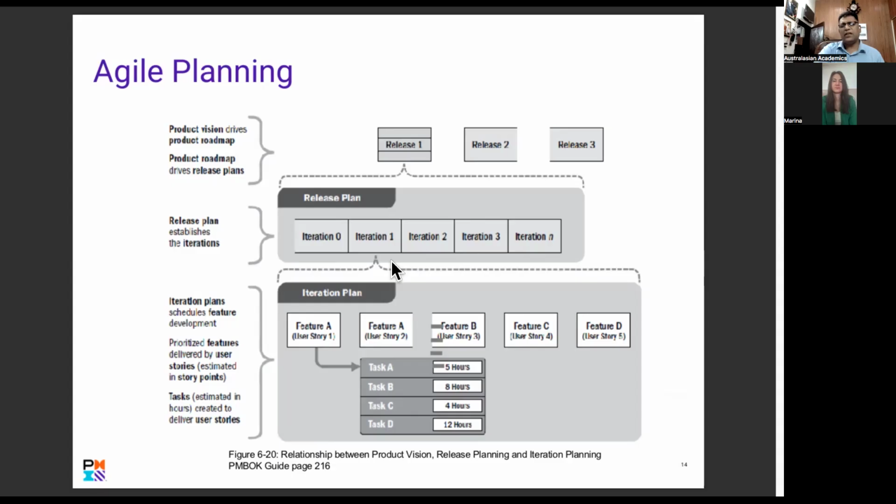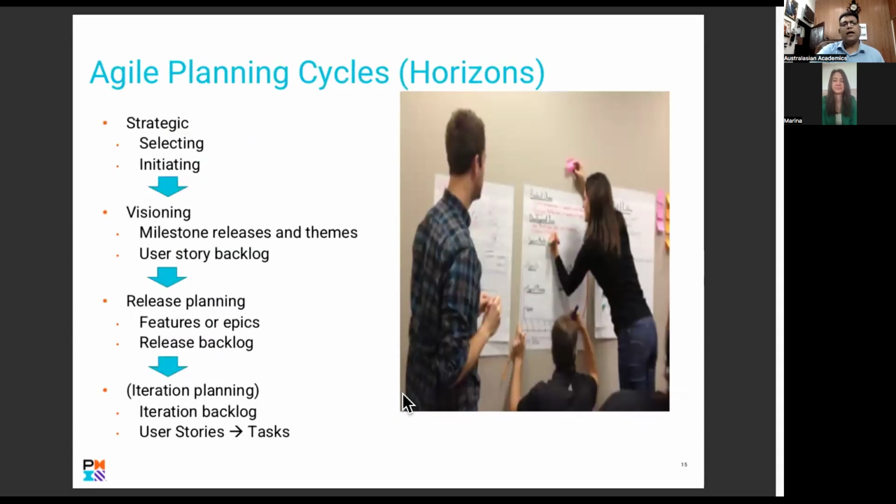Then you time box it at the bottom. You say, okay, task A should take 5 hours, task B should take 8 hours, right? 4 hours, 12 hours. If it's not done on time, you go back, move it to the next iteration and repeat what you've done, because you cannot do B until you've done A. You cannot do C until you've done B. Are you with me? Yeah, so that's your Agile planning, right?